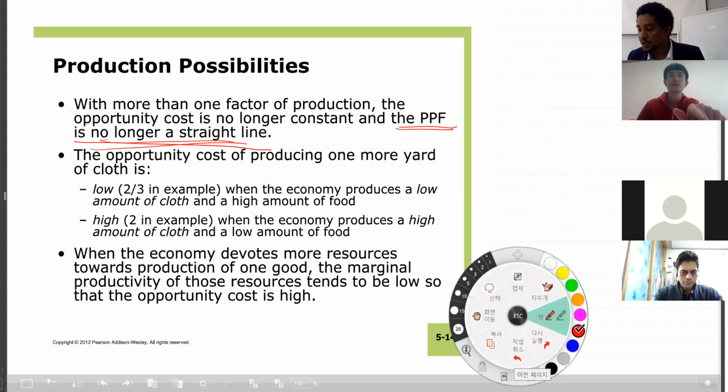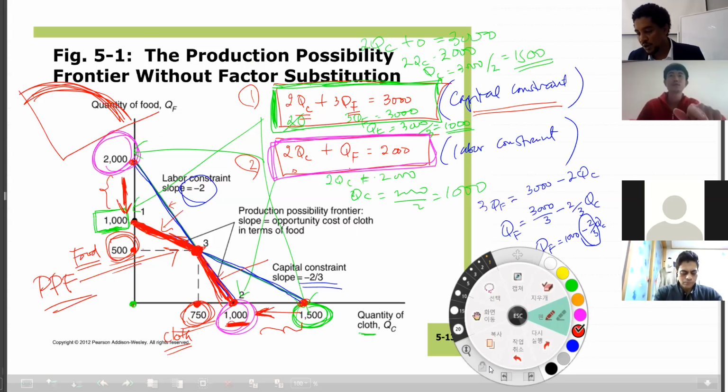So the opportunity cost of producing 1 yard of clothes is 2/3, for example, when the economy produces a low amount of clothes and a high amount of food. And so now we are talking about the slope here, right? The slopes here are the opportunity costs. I think in our second chapter, we talked about this, right? The slope is the opportunity cost. So just take the positive. The capital constraint is 2/3, it means that the opportunity cost of producing clothes over food is 2/3, and this opportunity cost is 2. Okay,